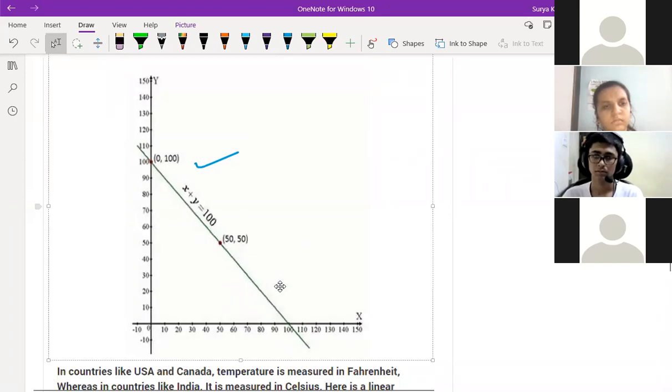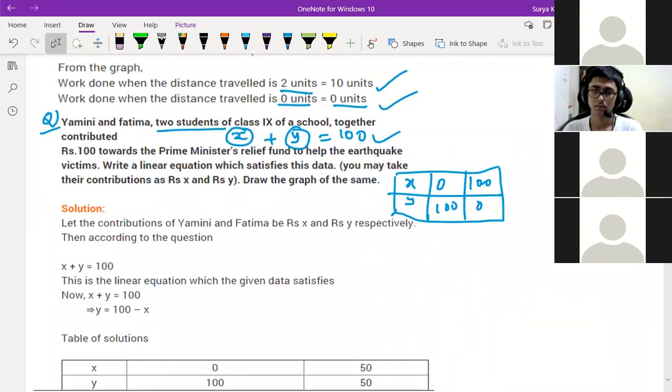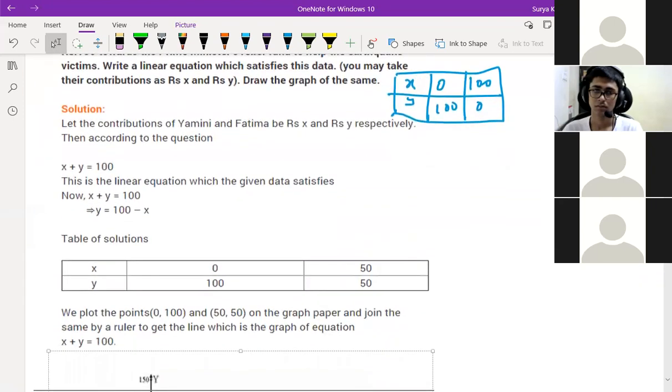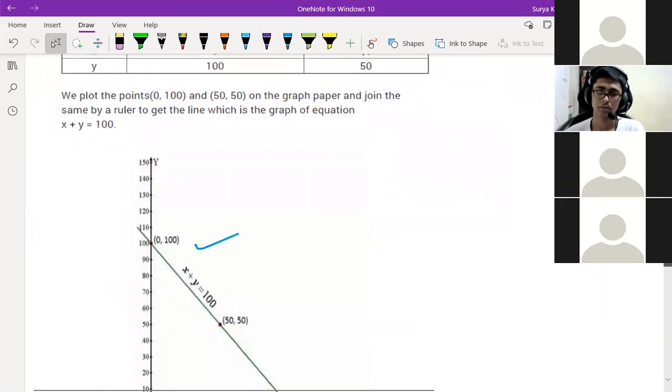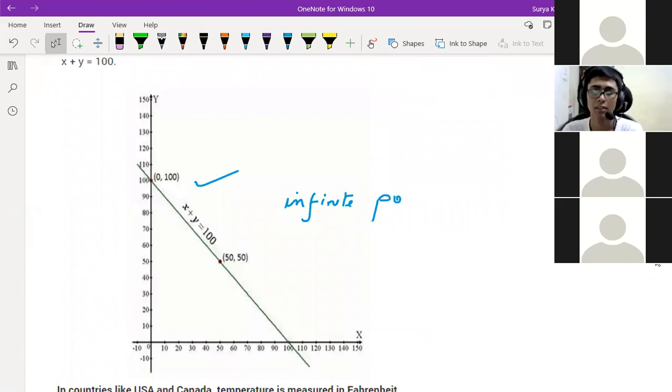So both are equal. It means here they are 50-50. How have they mentioned here? 50-50. So both are equal at 50-50, they are saying, right? Yes, sir. One is 50, then the other is also 50. Yeah, this point they have mentioned over there. That is not the answer. Simply we don't know how much in the graph. This is a possibility. If one is paying 0, the other is paying 100. In between, there are so many possibilities, infinite possibilities. Understood?